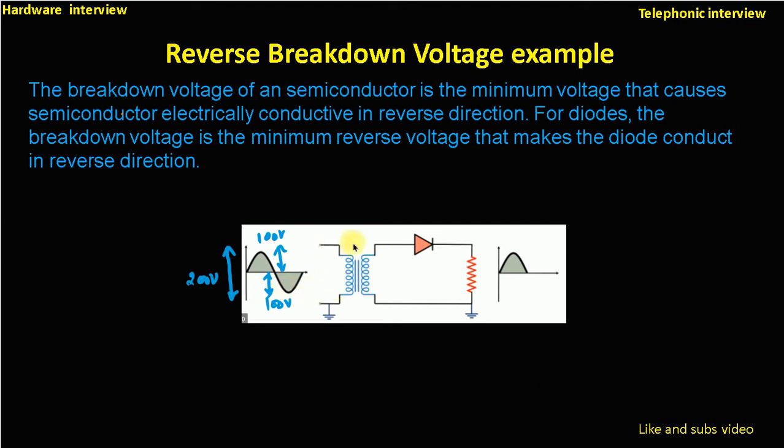So you can see here, this is a half wave rectifier and this is the cycle at the input. In the first cycle, for this time period, there will be a positive cycle. For the half cycle, this point will be positive and this will be negative, so it will pass through the diode. For the positive half cycle, this diode will be in forward direction, so all the voltage will appear here on the load.